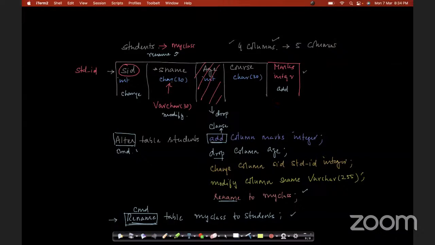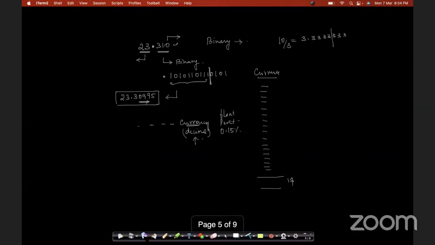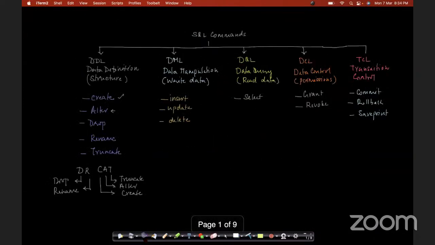Please take some time, not now, because we don't have time to spend more on this, but do go through the video. You can try it out and see for yourself the difference in all these commands. So this is your alter table and the rename command. If you go back to the list of commands, we have looked at create, alter, and rename. Let's quickly look at dropping. So drop,